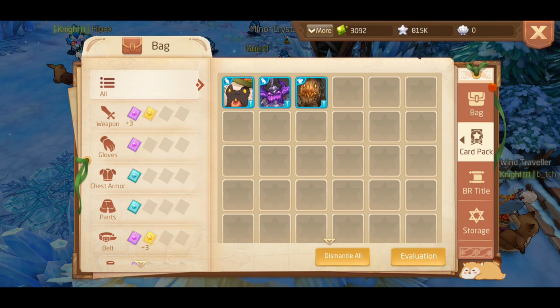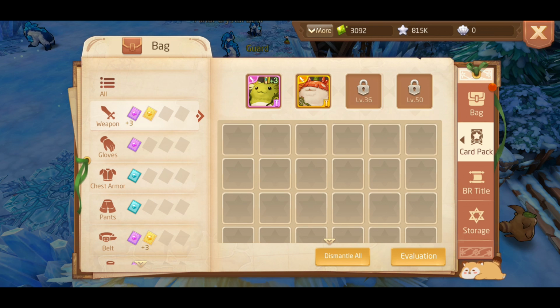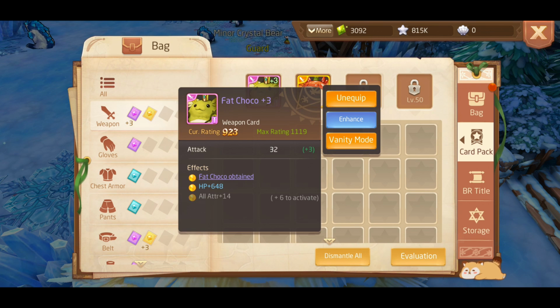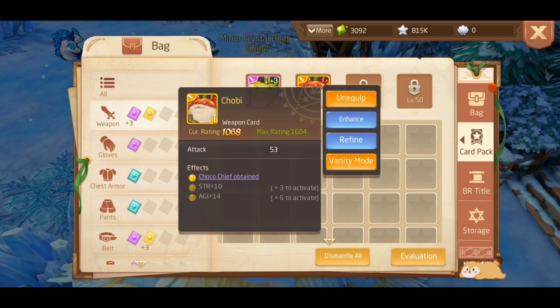We also have a card system in this game where we can equip cards on different types of weapons. So for example, our main melee weapon right now has these two cards. This one, the Fat Coco, which adds 32 to attack, and it actually gives us a new skill as well, and it adds 648 HP because I leveled it up to level 3. And then we have Chobi over here, which adds 53 in attack power, so we could actually choose to go in and enhance this one,